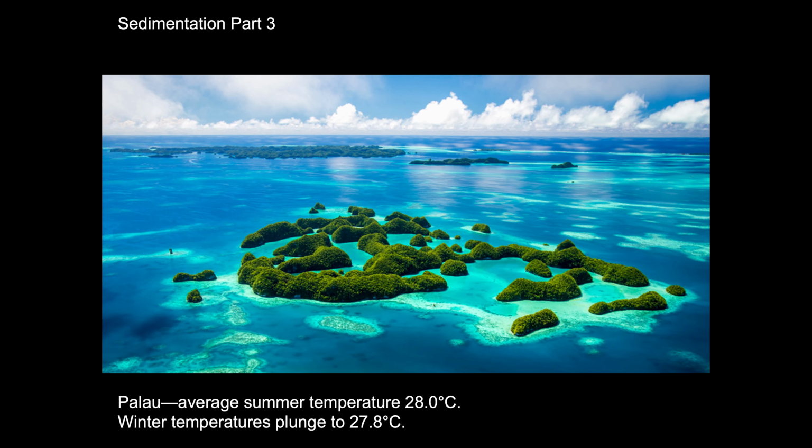Temperature outside here today is a balmy -16 with light winds and cloud cover. So to escape, we're going to go to Palau, at least briefly. Palau has an average summer temperature of 28 degrees centigrade, and in the wintertime, temperatures drop to a frosty 27.8